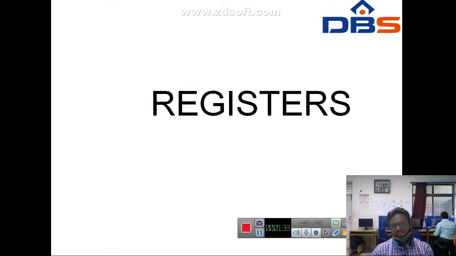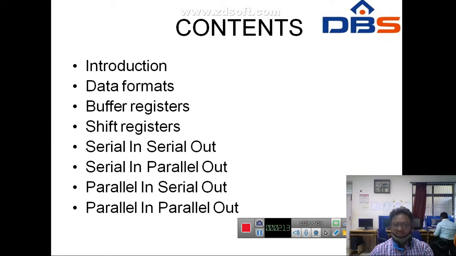Those are the HDL programs, the hardware description language method. We may write that code in terms of VHDL or Verilog. We have to define these register concepts, that operation, and the counters' operation in a specific format, using some library instructions, either in VHDL programming or Verilog programming. So first of all we have to see the contents of this video.